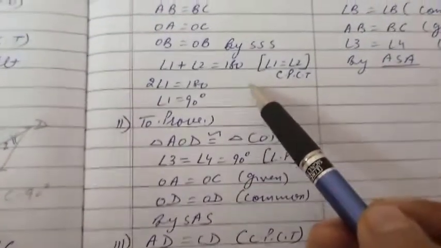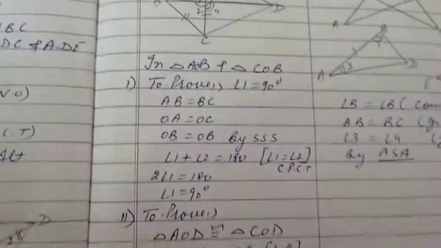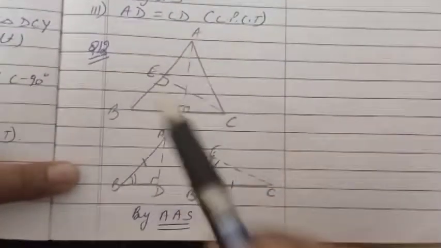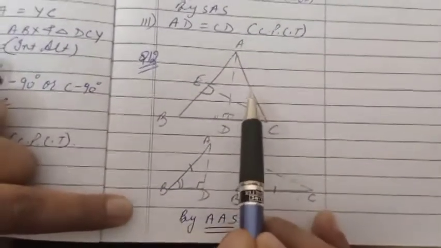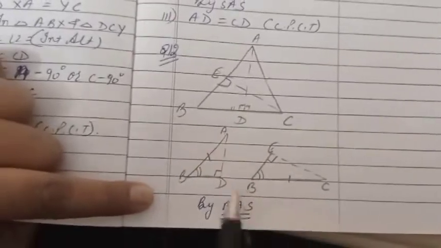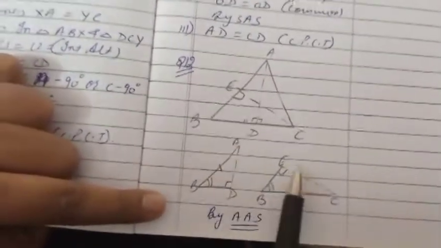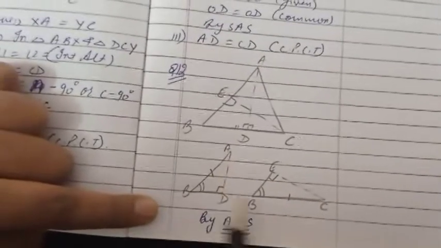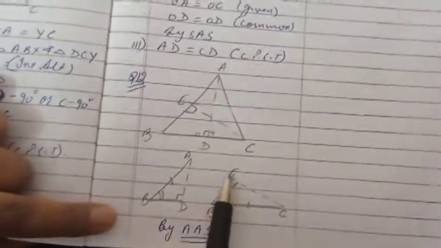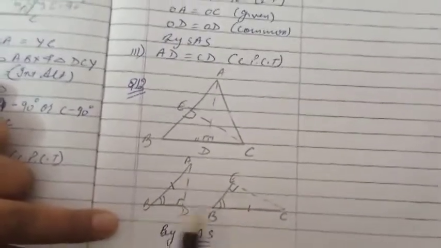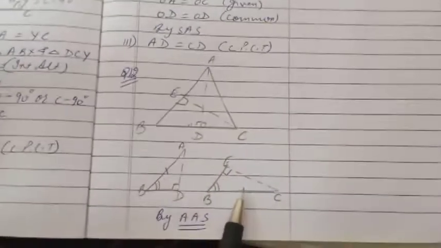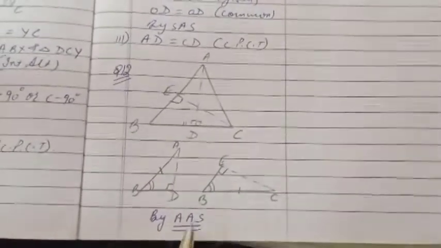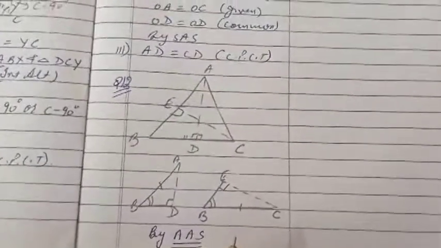Clear? Then come to question number 12. In the 12th question, triangle ABC is given. AB is equal to BC is given. So this is the required information. It is written here. And the question is to prove AD is equal to CE. For that, I separated these two triangles. You have to prove AD is equal to CE, so prove congruency. 90 degrees. Angle B is common in both the triangles, and this side is equal to this side, by AAS. So by CPCT, whatever you have to prove, you can write.